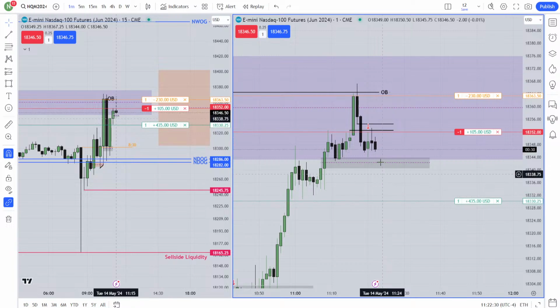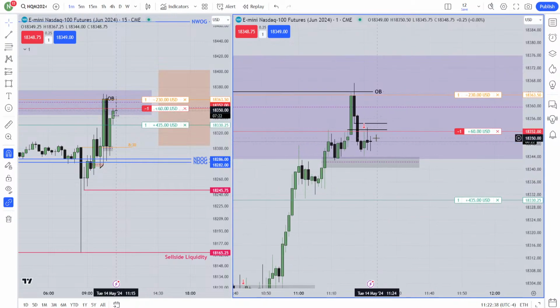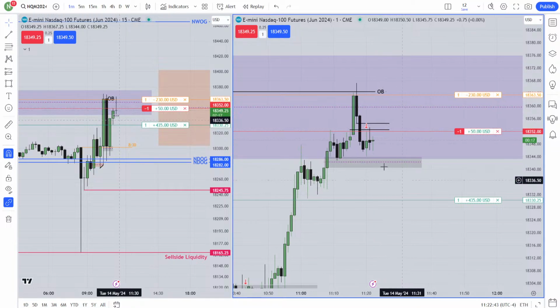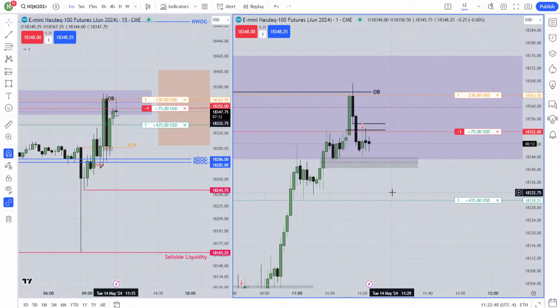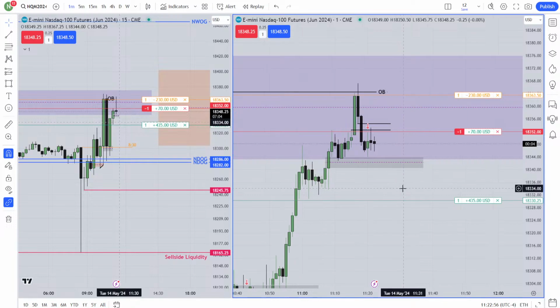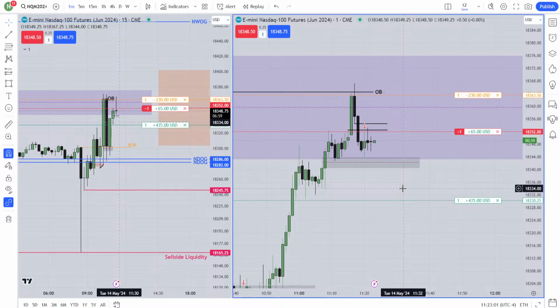I just need to see one body close below this fair value gap because I have this very clean inversion fair value gap over there. That is a very strong inversion fair value gap, in my opinion. Now, if it doesn't work, I will take a loss and I'll be done for today. In my opinion, that is cool, that is perfect and tradable. If it doesn't work, I'm not going to be the market maker. All I can say is I'm always right. If you ask me, yeah, I'm so confident.